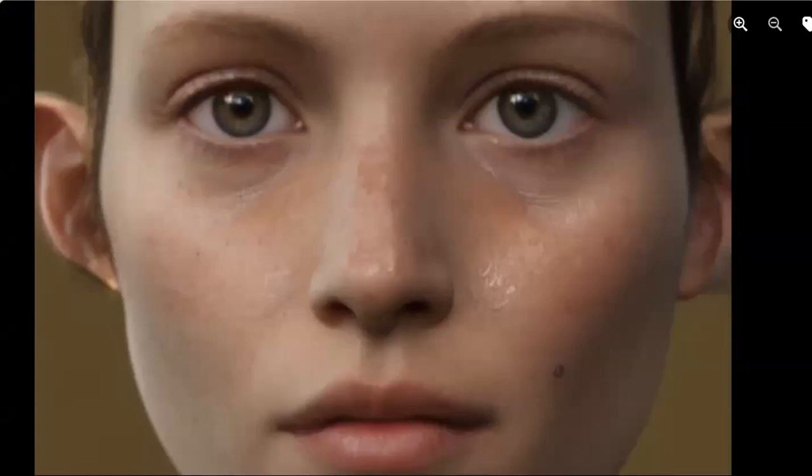Everything is so crisp and good, but her eyes are vacant and kind of dead. And still a little weird things going on, like this ear is missing something there. And this one has a strange ear going on. So not quite there.